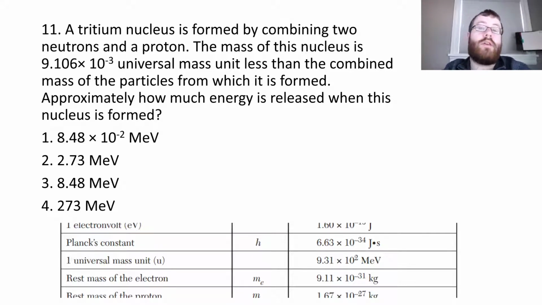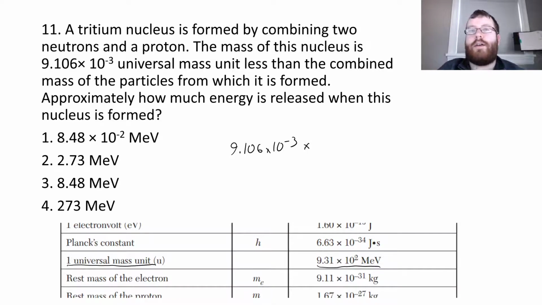So rather than using E equals mc squared, we're going to jump right into the conversion factor, which is found on the reference table. So one universal mass unit equals 931 mega electron volts. So to do this math, we're just going to take the 9.06 times 10 to the minus 3, and we're going to multiply that by